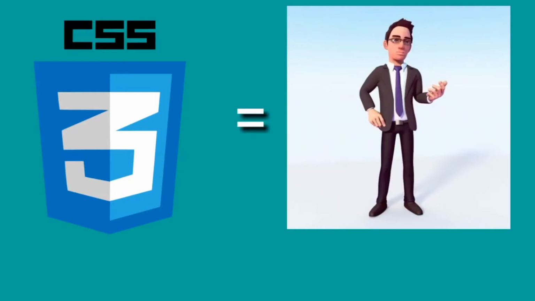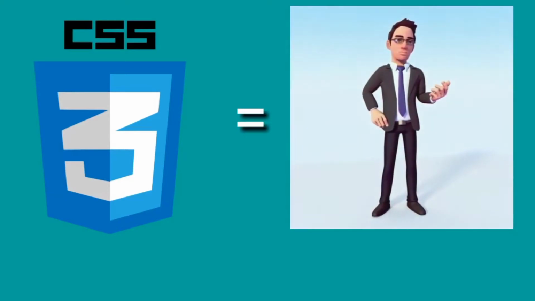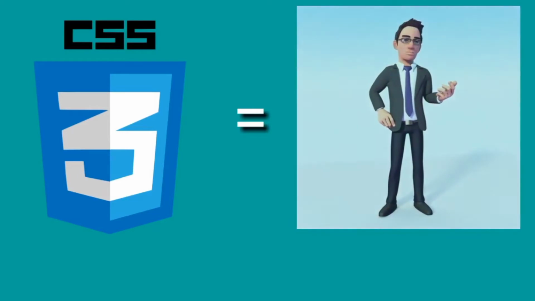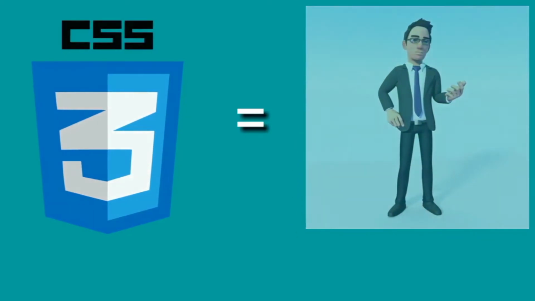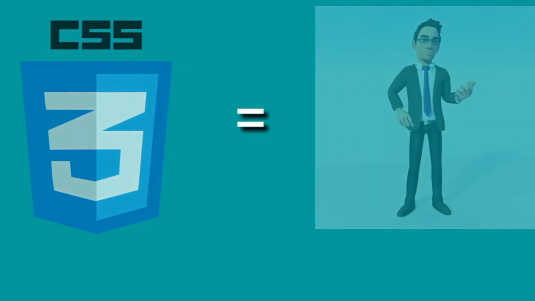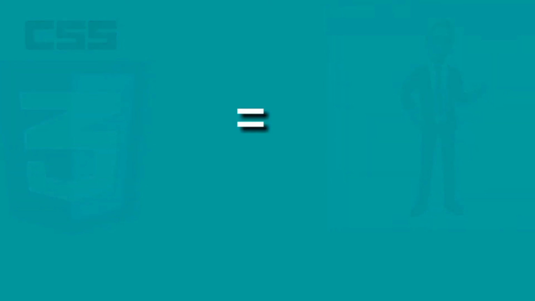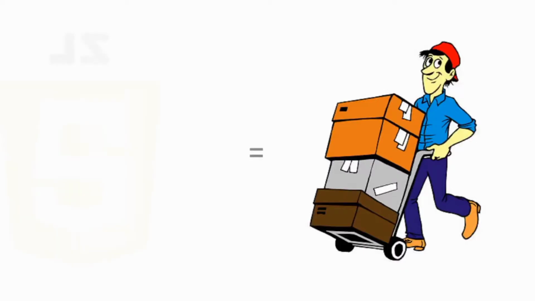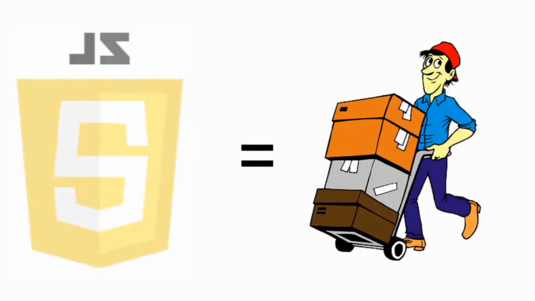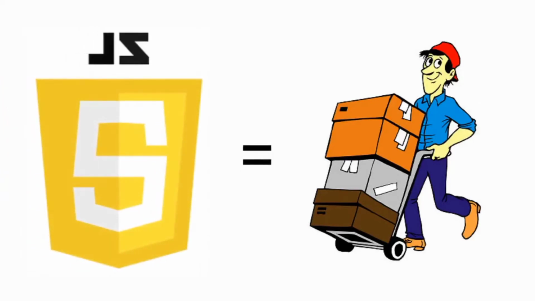CSS provides paints, templates, glitter, buttons, and many other things that can be used to improve the presentation of your web pages. You're seeing the man having dress, body, and all of the stuff, but the man doesn't do any work. Do you like that man? No, no one likes. If the man does work like moving hands and all of the stuff, suppose you are assigning the work to that man and that man was doing your work, really every user will be happy. The working man is equal to JavaScript.